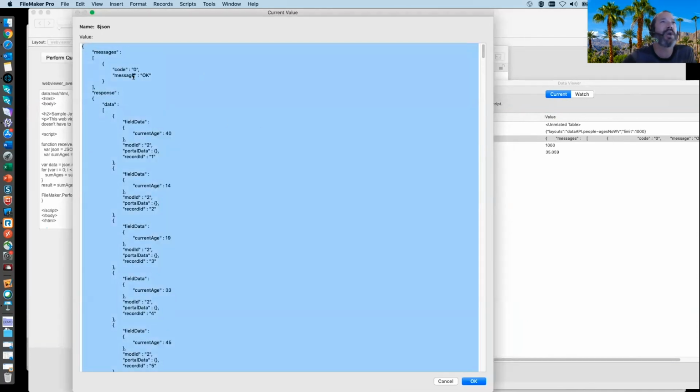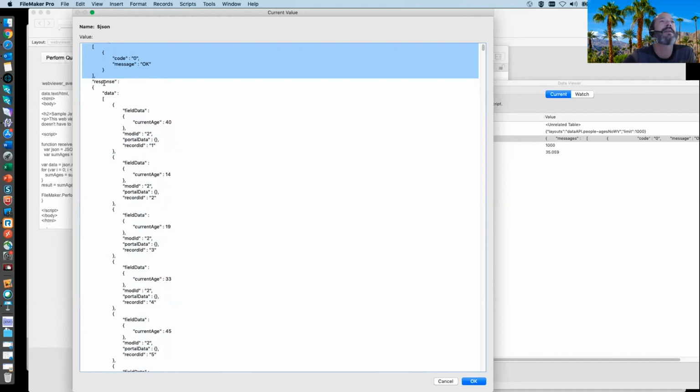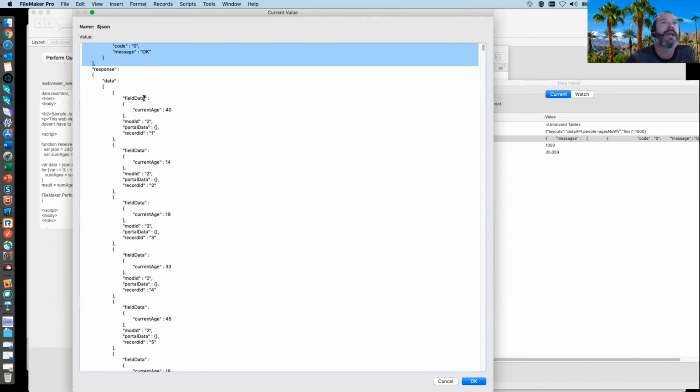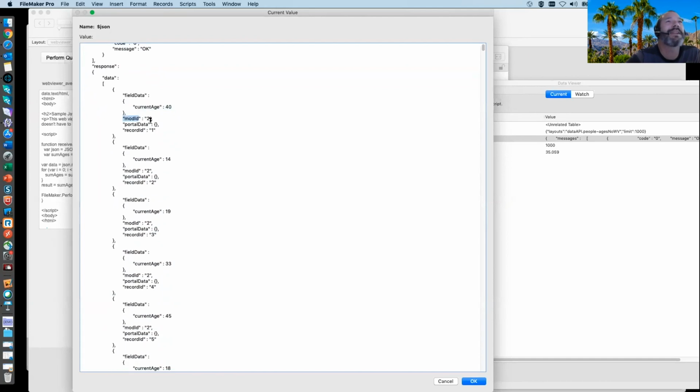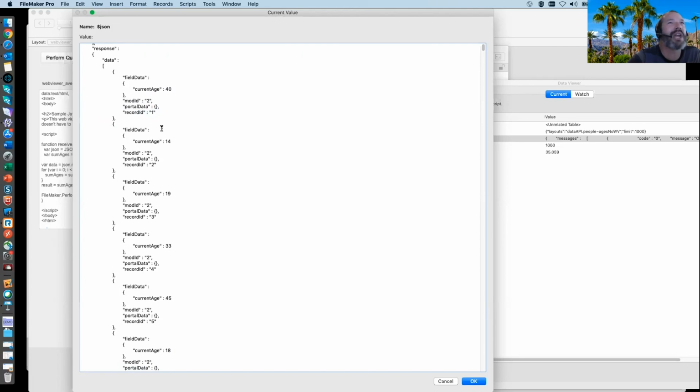Here's the messages node. It's telling me that there is no error code and everything is okay. And then here's my response with a data object. And it has another subnode, field data, which actually contains the fields on the layout. If I had 10 fields on the layout, there would be 10 different value pairs within the field data object. Is that an object? I'm sorry. And then it's going to tell me some other stuff. If there was a portal on the layout, it would tell me about the portal. It's going to tell me the record ID. And I have forgotten what the mod ID is, but I'm guessing that it has to do